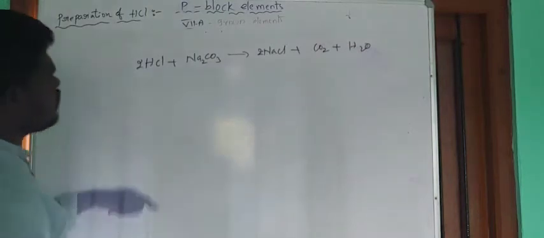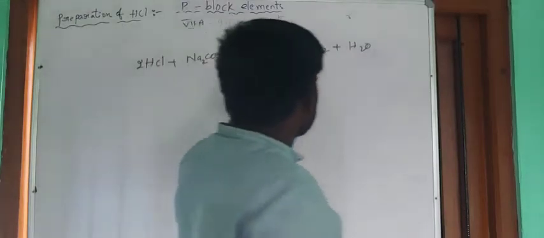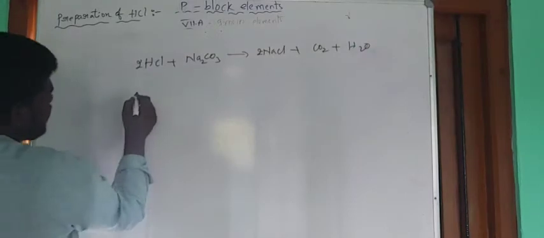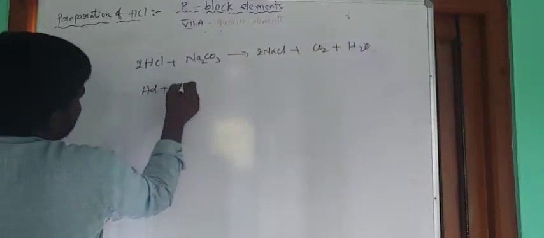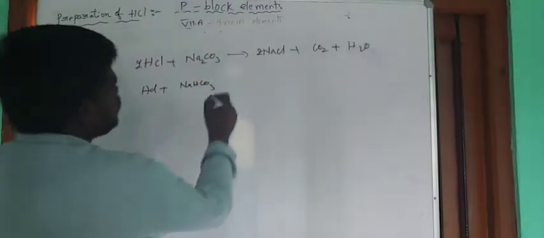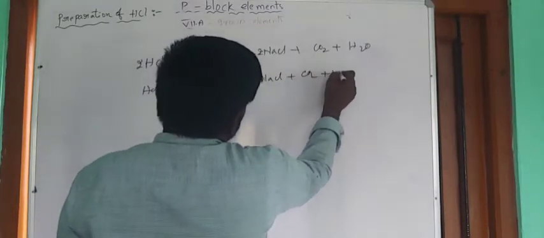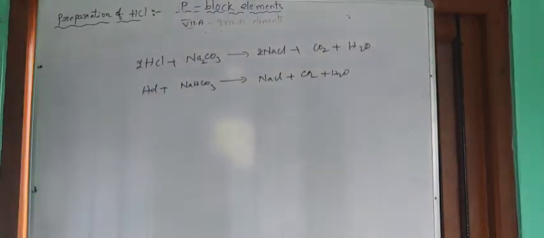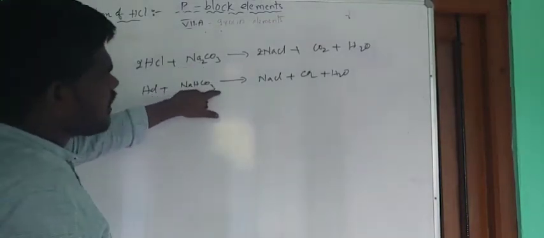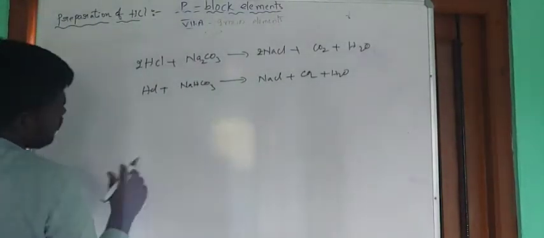H2O. So when HCl is allowed to react with carbonate, this can produce salt, carbon dioxide, and the next one water. And the next one, HCl when it is treated with sodium hydrogen carbonate or sodium bicarbonate, here also we can get the same products NaCl, CO2, and the next one H2O. So right, when HCl is treated with carbonates and bicarbonates, we can get the salt, carbon dioxide, and the next one water. And the next one with the sulfides.